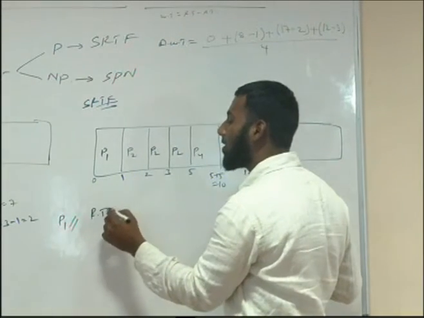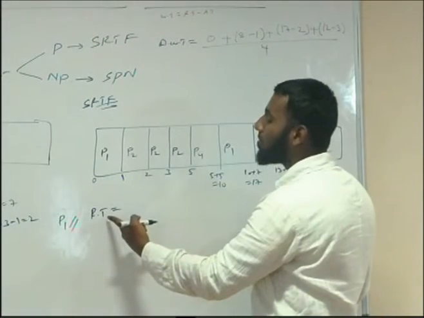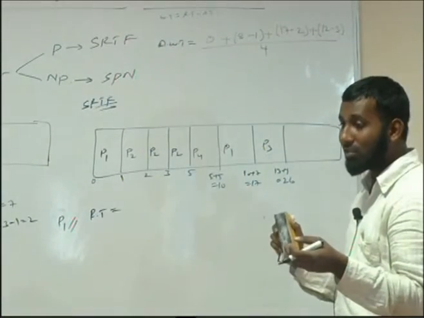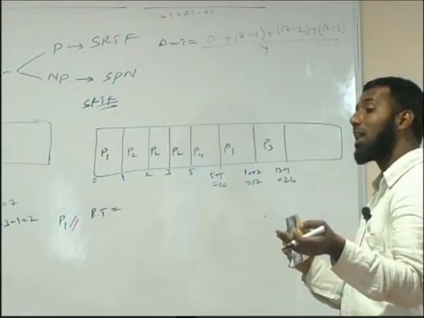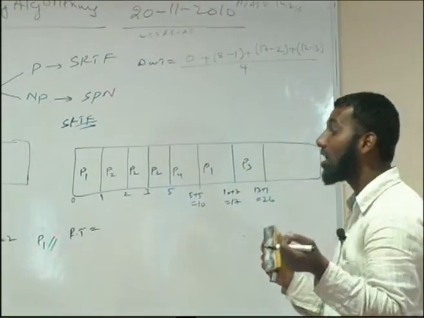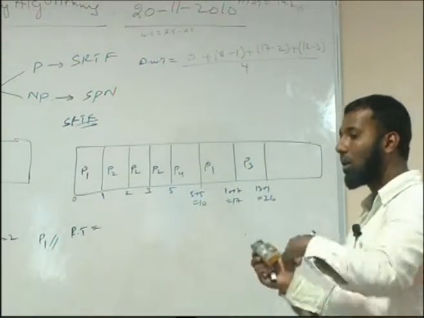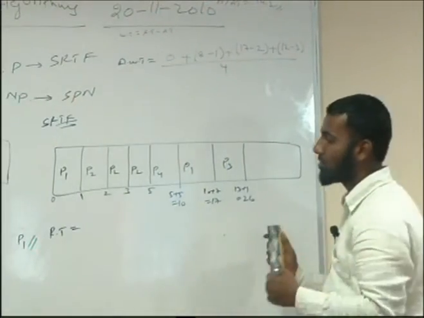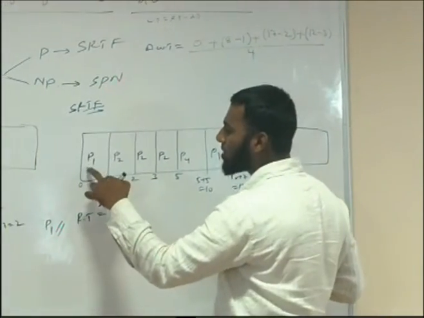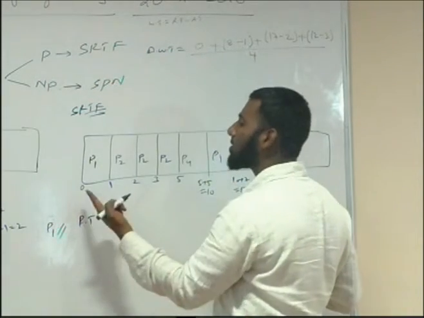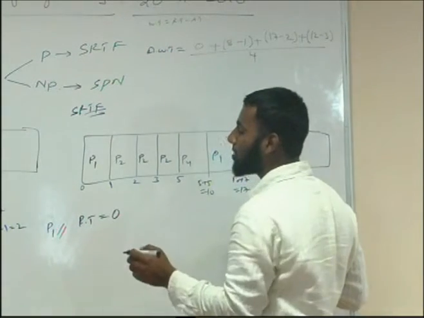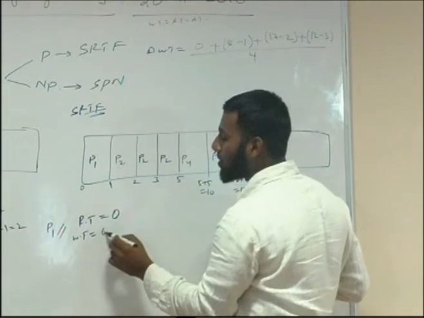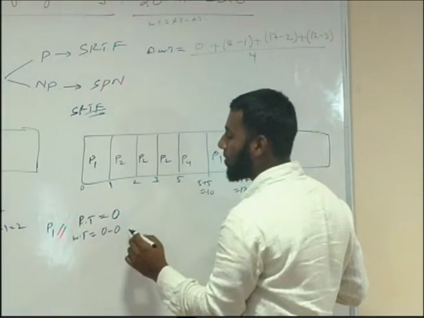Response time is nothing but the time interval between when a user has submitted the input and when it has started getting the response. It is not necessarily that it has got the output; it has started getting the output, started getting the response. This is called response time. So when process P1 has been submitted, it has started giving a response. So response time is 0, and the first response time is 0 minus arrival time 0, plus